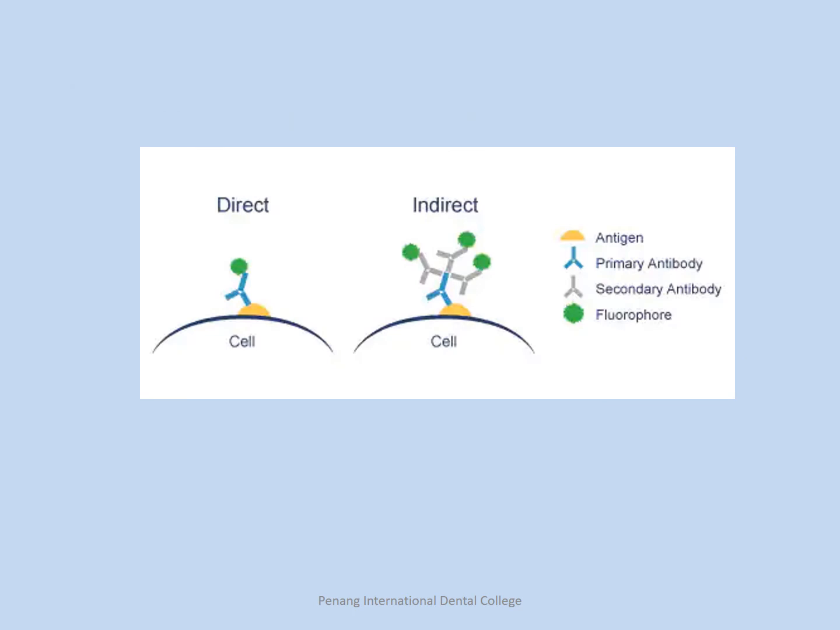So this is the infographic to explain indirect and direct. So if you see in the direct immunofluorescence, you have the antigen, and then the primary antibody with the fluorophore is added onto it. It binds to the antigen, and then this is detected through the fluorescent microscope because of the fluorophore that